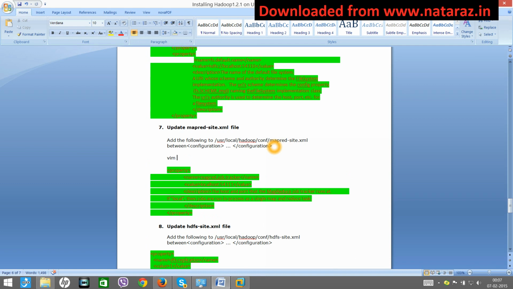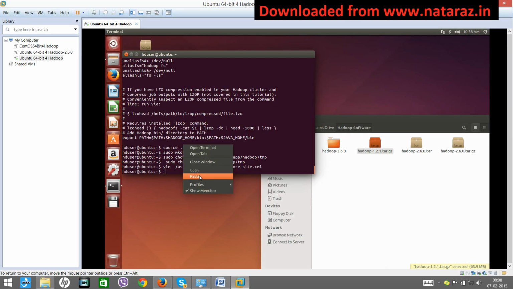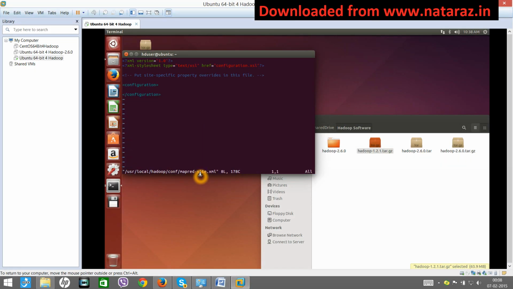Vim, copy, paste, copy this, paste, enter. Now here go inside the configuration, press I for insert mode, and then you copy this piece of